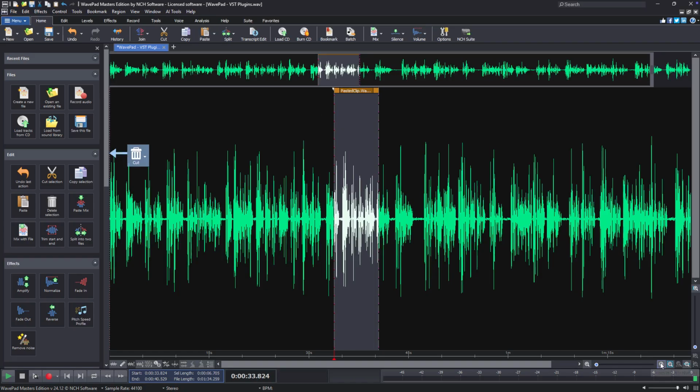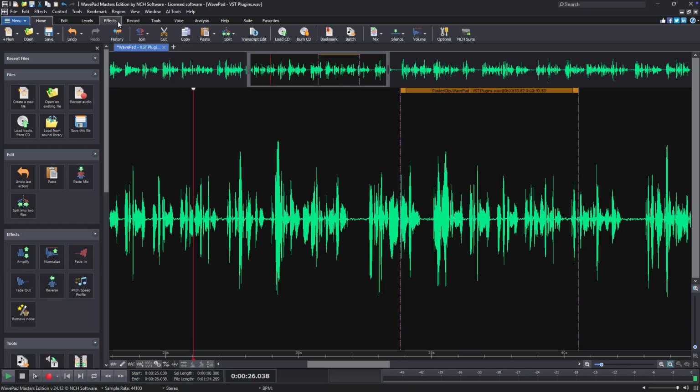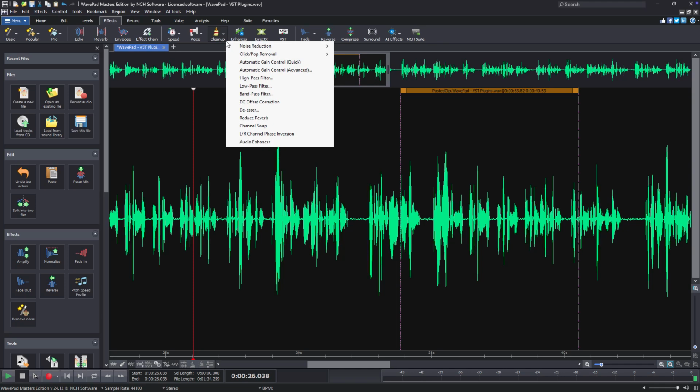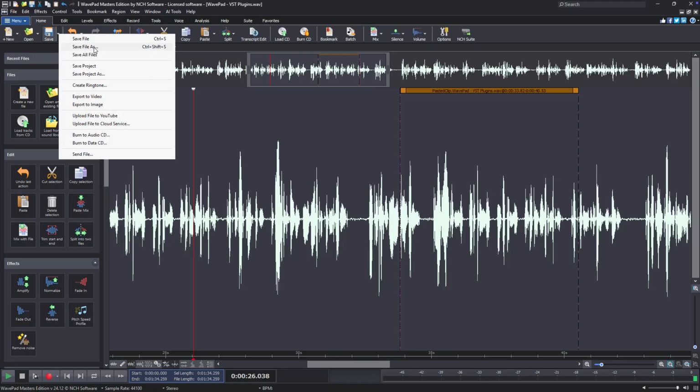You can also zoom in on the waveform for more detailed and precise editing. If needed, you can enhance your audio using effects from the Effects tab, such as noise reduction or equalization, depending on your project. When you're ready to export your file, open the Save As button drop-down, select Save File As,